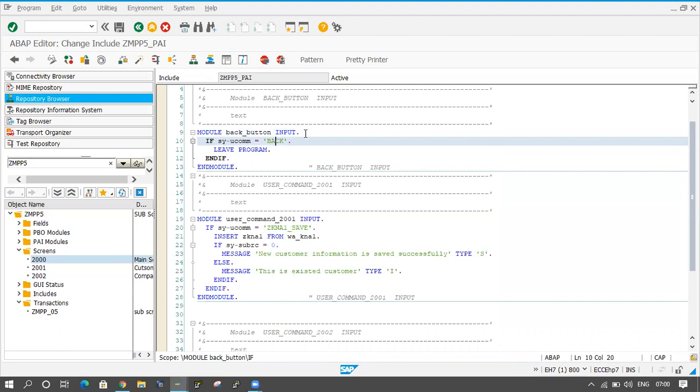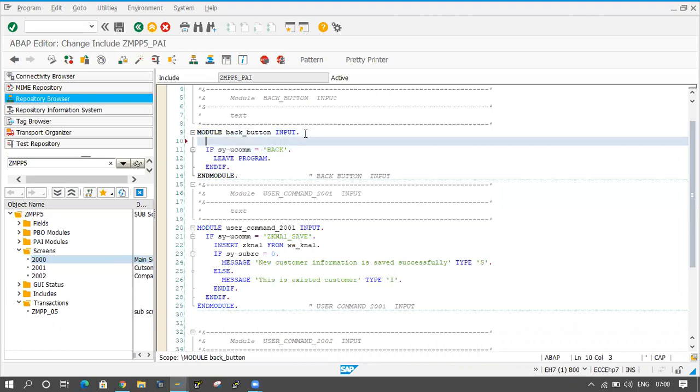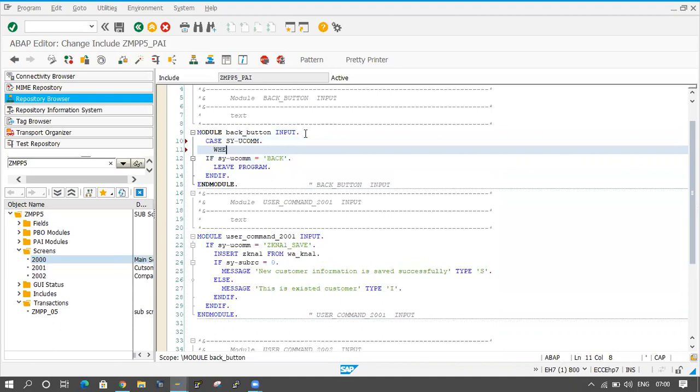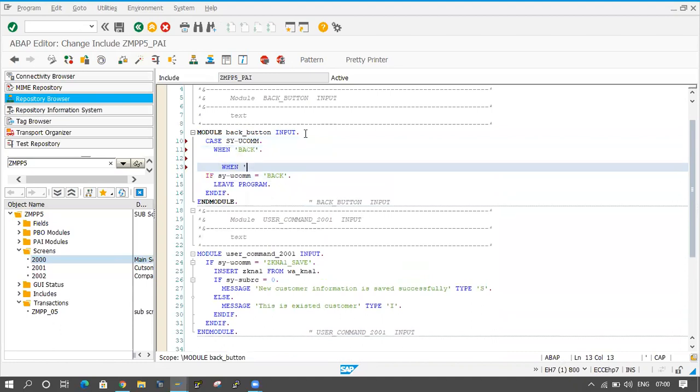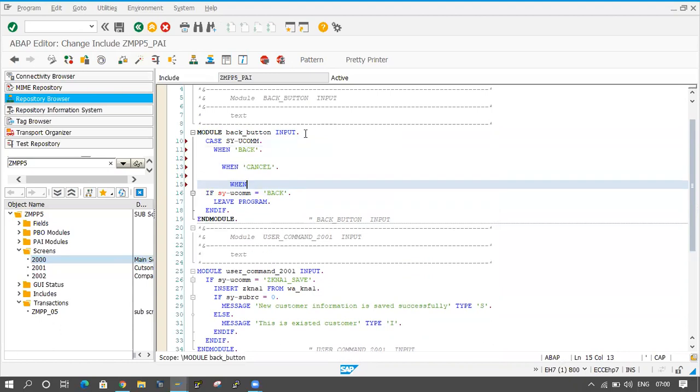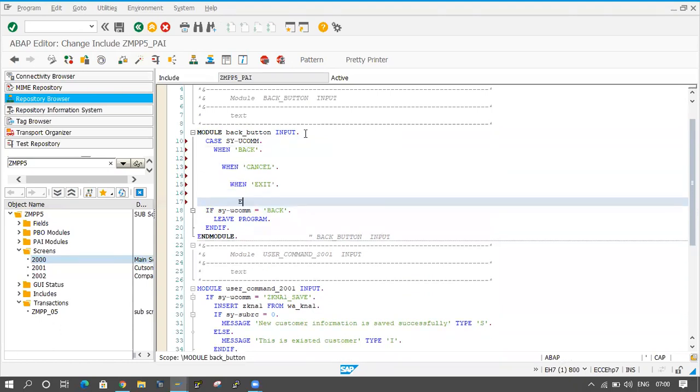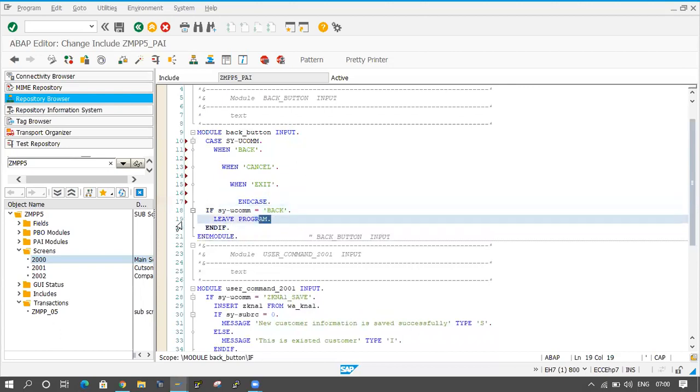And here I will take CASE sy-ucomm. When back, when cancel, when exit, endcase. For everything, LEAVE PROGRAM will come here.